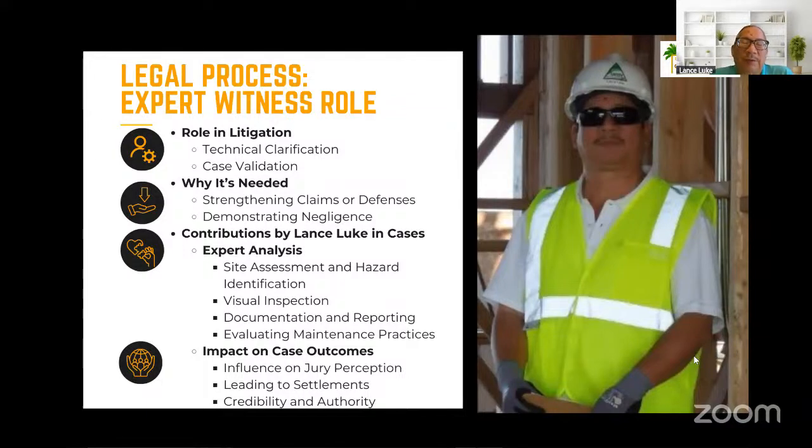Now, in a rust and corrosion situation, it would be obvious that the rust didn't happen overnight. So if it was rusted and corroded and the railing came loose because of the corrosion, that's going to be a negligent thing. Why didn't anybody fix it earlier? Because the rust didn't grow on the railing overnight. And then